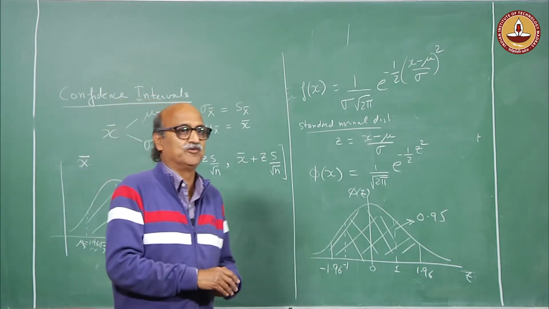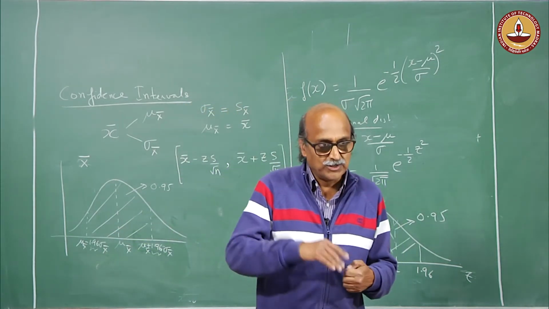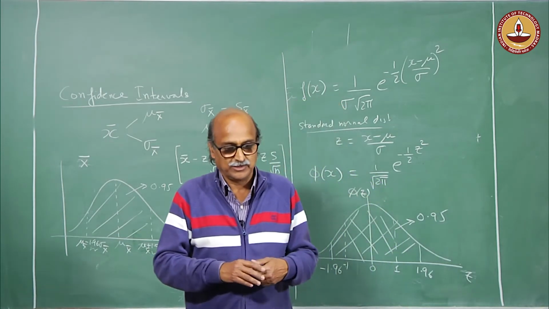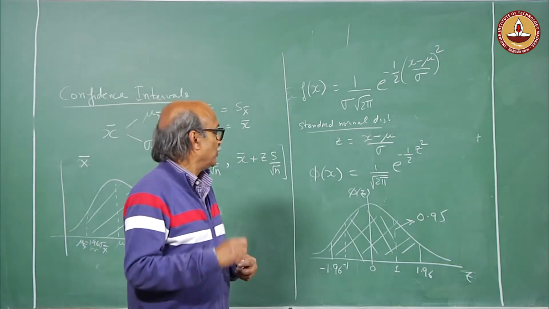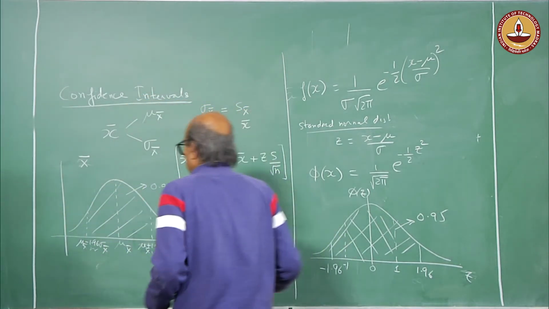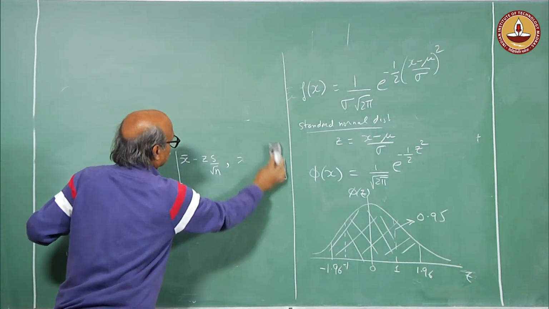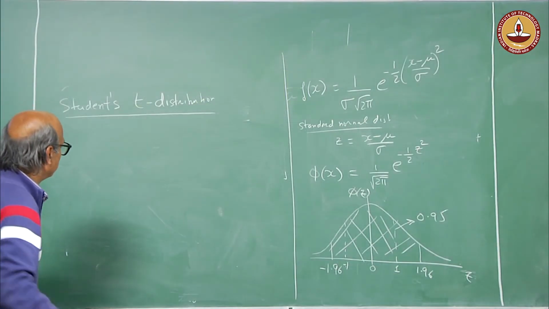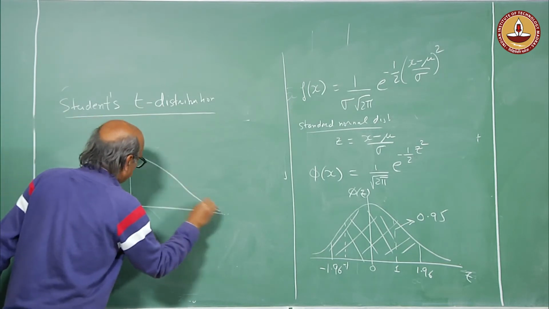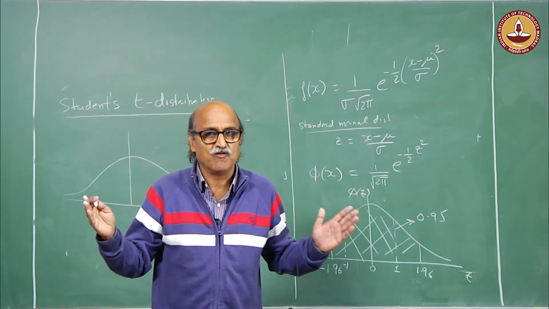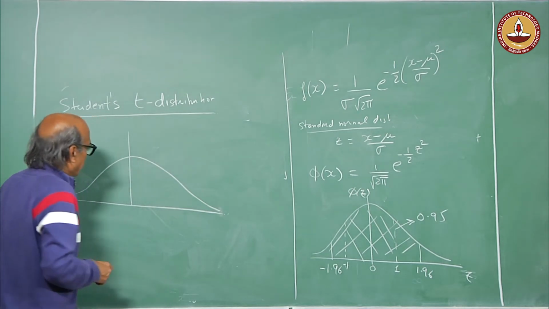But if you have a very small value of n, then this assumption of normality, or of normally distributed mean values, may be incorrect. Then one can take recourse to another distribution, which is known as the student's t distribution. Student's t distribution is also a bell shaped curve, but it is somewhat wider than the normal distribution, and